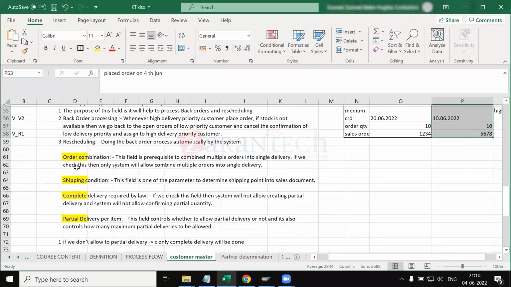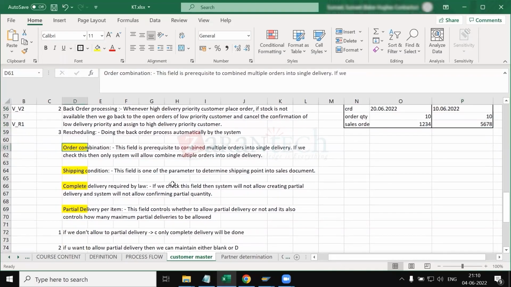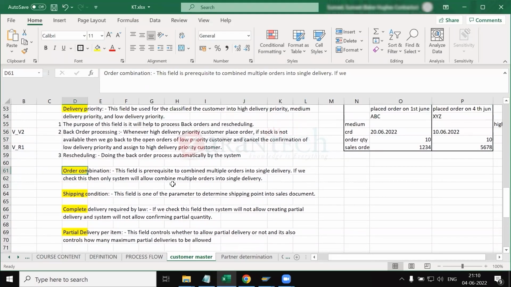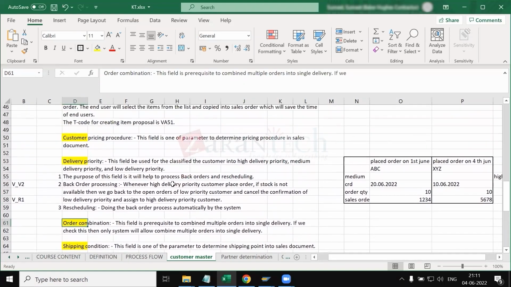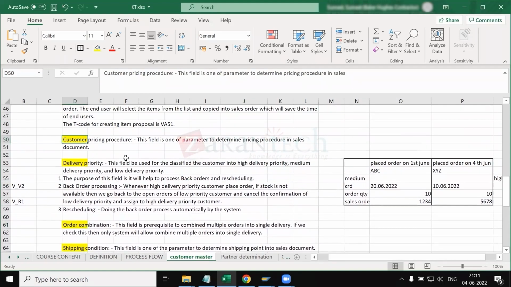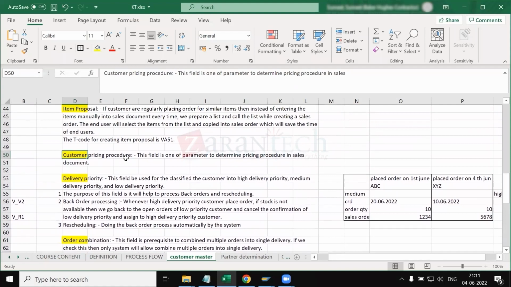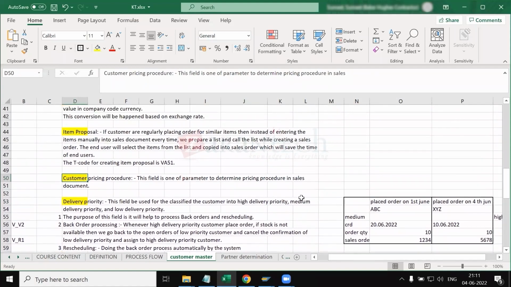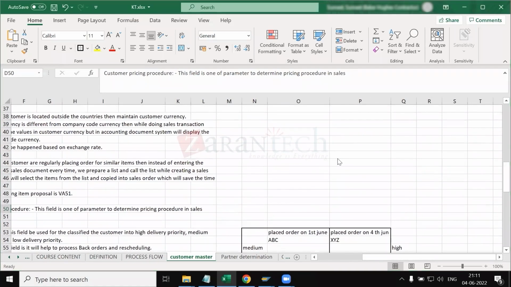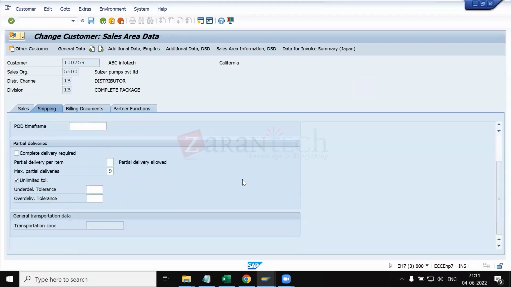Please remember it. Then comes the order combination check. So why is the pricing procedure field important? Because if we don't maintain the price, that's okay right now, but as far as the customer is concerned, is it mandatory to place an order? Yes, it is important because